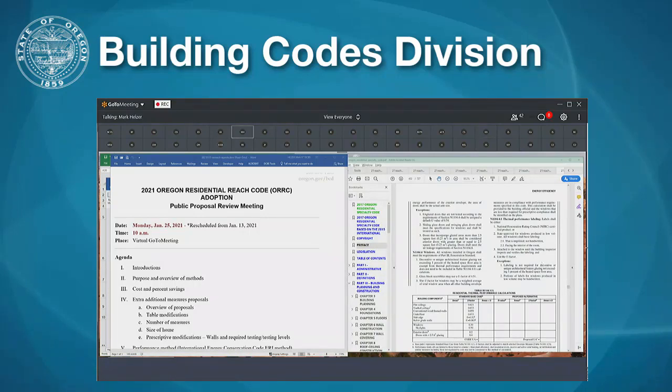Kimberly MacArthur. Kimberly MacArthur, Building Official, City of Beaverton. Larry Owning. All right, we'll skip and go to Mark Lyles. Good morning, Mark Lyles, Senior Project Manager at New Buildings Institute and named proponent of the ERI proposal. Okay, Michael Friels. Good morning, Michael Friels, Oregon Department of Energy. Mike Goodrich. Hi, Mike Goodrich with Legend Homes and the Oregon Home Builders Association.